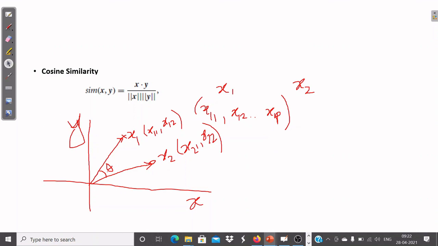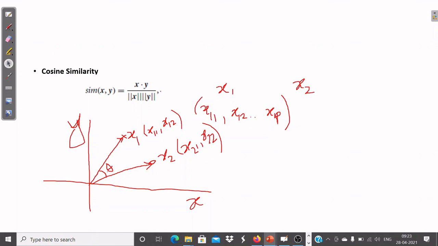Here, we have two data points, and every data point is represented using a feature vector. So we can visualize each of these points as a vector. The distance or similarity between the two vectors can be represented using the angle between them. When the two vectors are identical, theta becomes 0, and if you want the similarity measure to be maximum, you take the cosine of the angle. Cos 0 is 1. That is the idea behind cosine similarity.